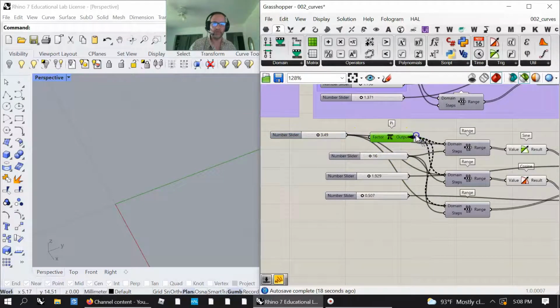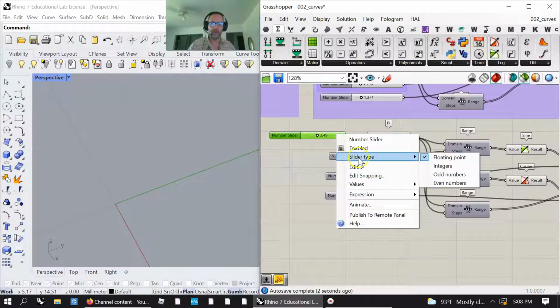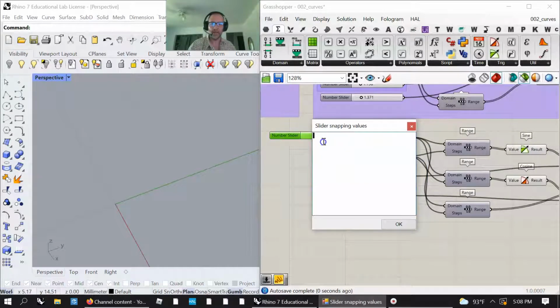and there's a control shift I haven't used yet. Grab all the inputs and put them in here. I'm going to have a control count of I'm counting pi's, and another little trick I'm going to show you in here is edit snapping. I'm going to have 0, and then I'm going to have 0.5, 1, 1.5, 2, 2.5, 3, 3.5, 4,